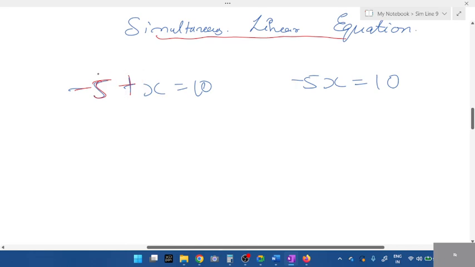Yes. This minus 5, it's not beside x, right? It is not close to x, right? So minus 5 is the value. It is not multiplication, minus 5. If minus 5 goes to the other side,